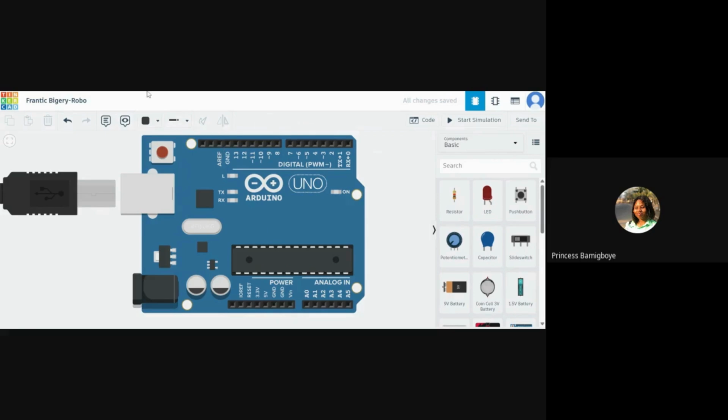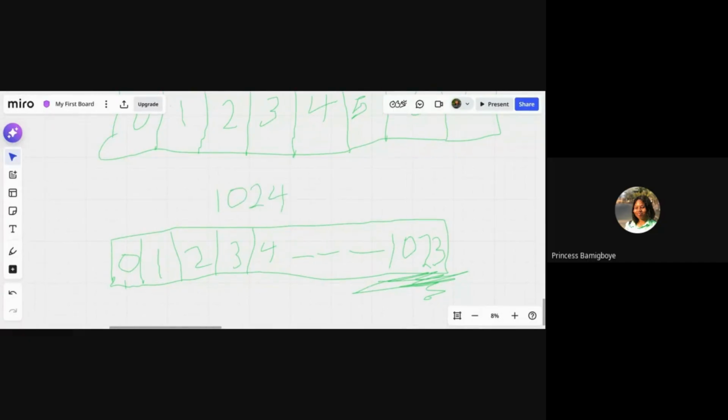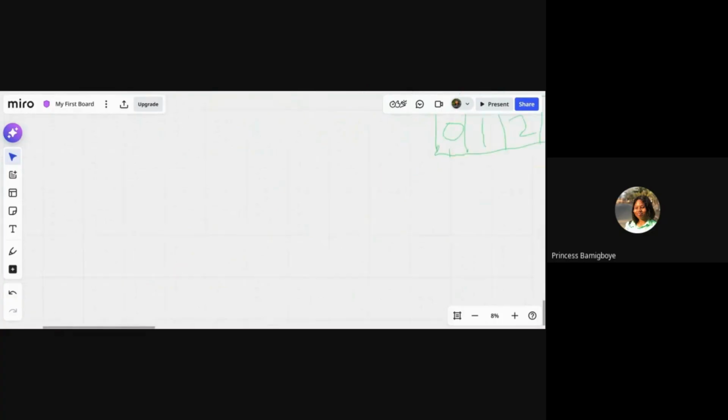Like now, let's come back to our mirror board, and let's carry this away. So imagine we have a circuit. Let's use the circuit we used when we were explaining voltage, current, and all of that.